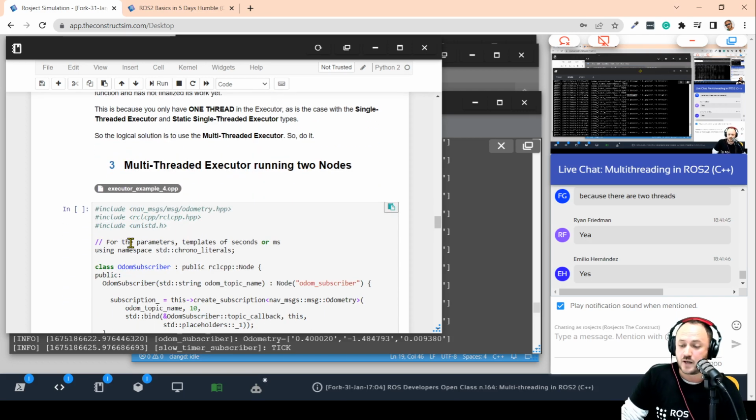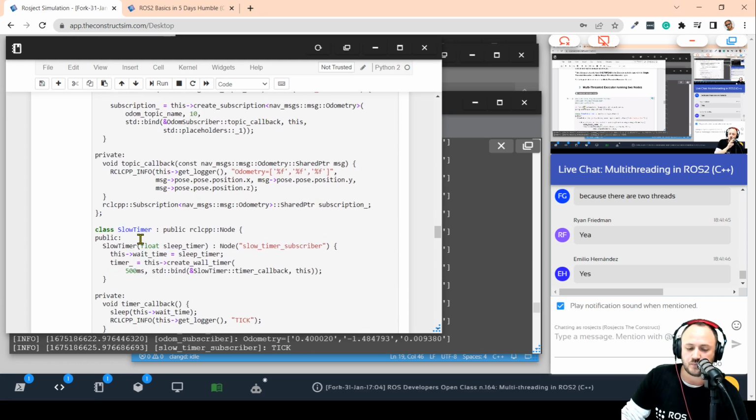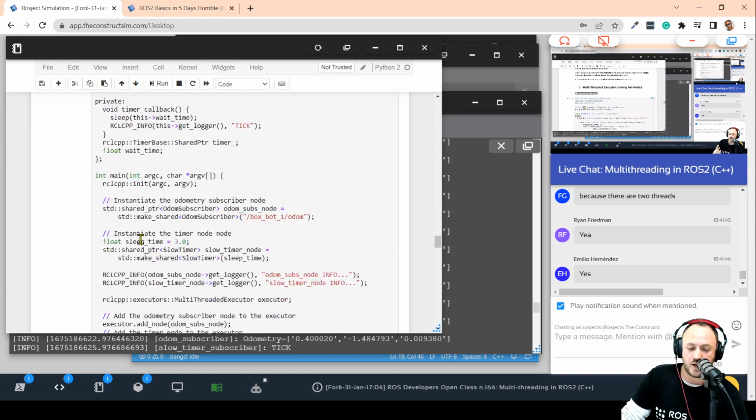Well, what we can do is to use a multi-threaded executor, right? So we can tell our program, hey, don't worry, you are allowed to use multiple threads. You are not limited to one single thread, but you can use multiple threads. So in order to do this,